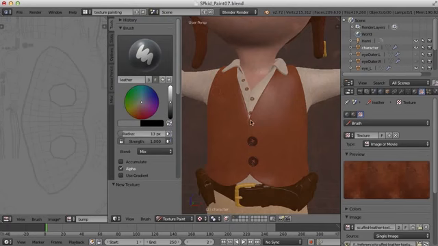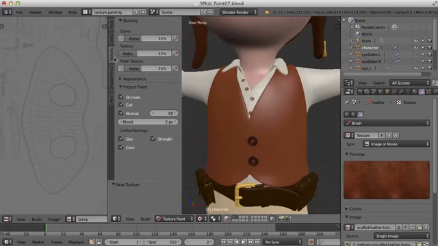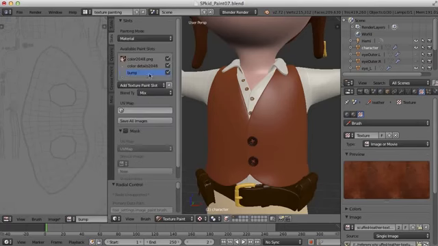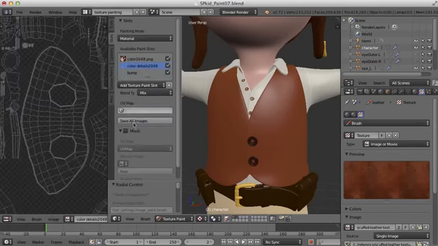When I paint through something like this, I like to be able to see it when I'm painting. I like for it to turn off when I'm painting. So I'm going to go to Options, and under Texture Alpha here, I'm going to turn this on. So now let's go back, and I'm going to make this a little bit whiter here. Make my brush a little bit bigger. Bring the strength down some because we don't need it quite that heavy. And I want to paint on this color details